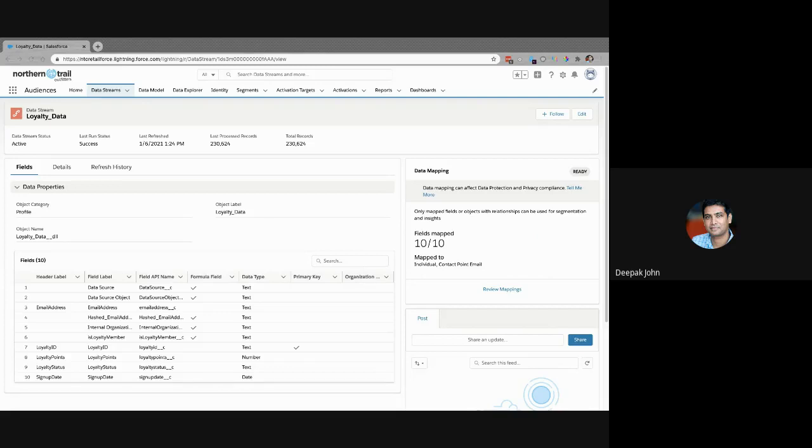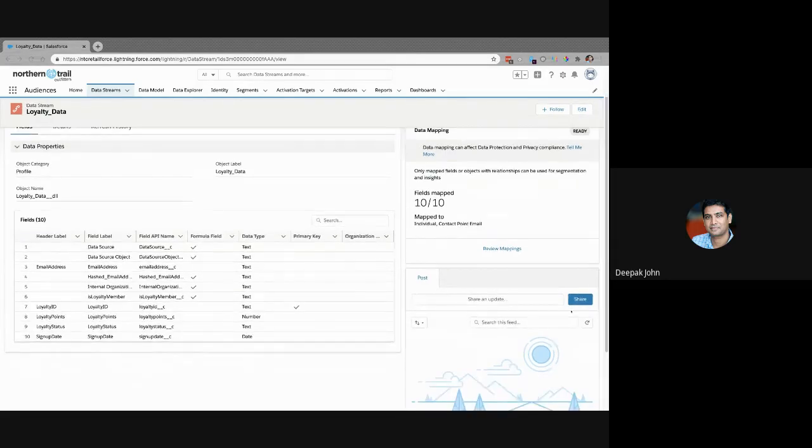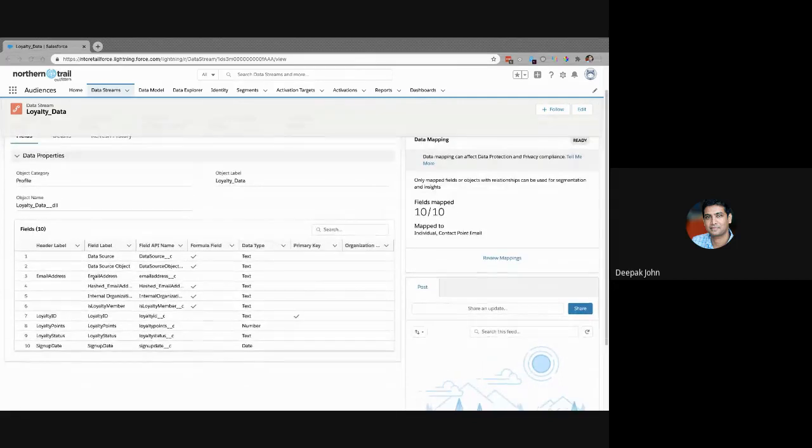So what did we talk about? We talked about how we get data in from either Marketing Cloud, Service Cloud, or the buckets. So we're looking at a data stream in here. In this data stream, as you can see, we've got when it was run, the classic attributes, the metadata associated with that, the number of records that have come in, and who's actually processed it. And again, because it's all force.com, you can collaborate with your colleagues on the right-hand side with Chatter. Over here, you can see what fields have been brought into the platform, right?